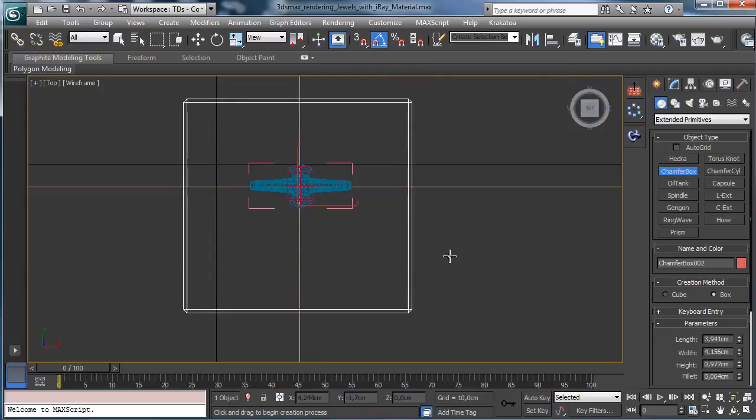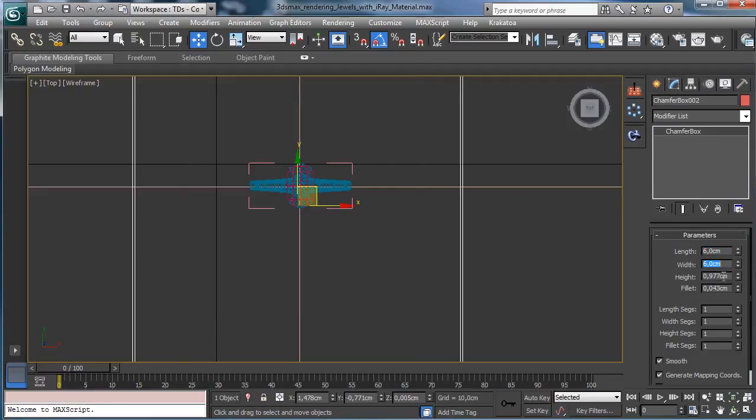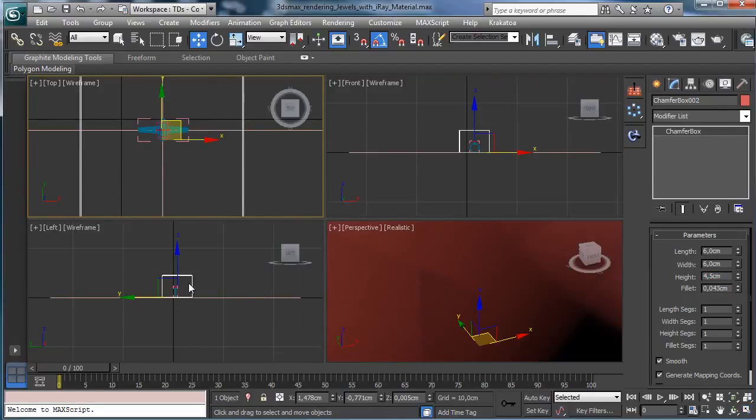Okay, and this chamfer box can have some proportion to be scaled in the right time, and we can think about having 6 centimeters, and we'll go for maybe the height 4.5. It is a little bit too big,